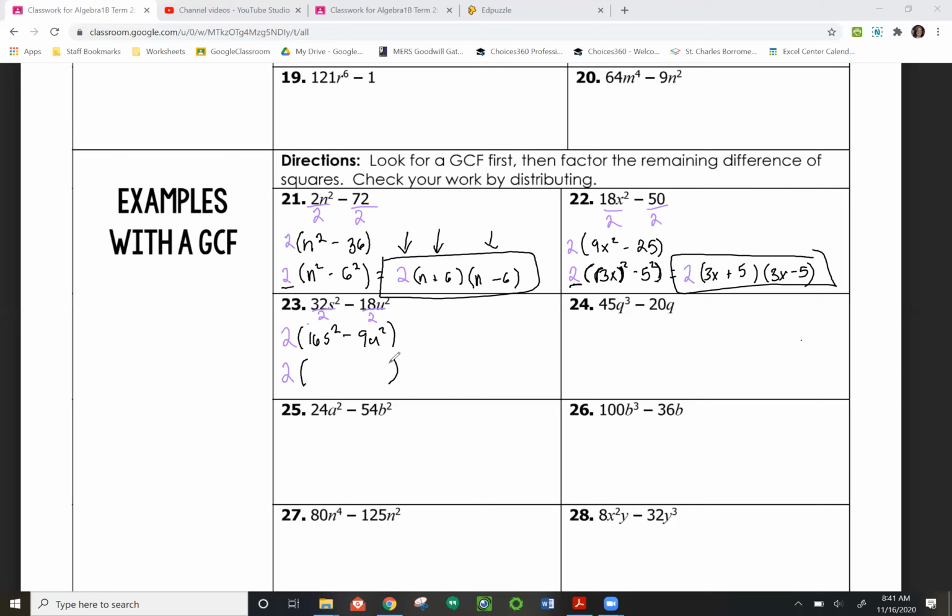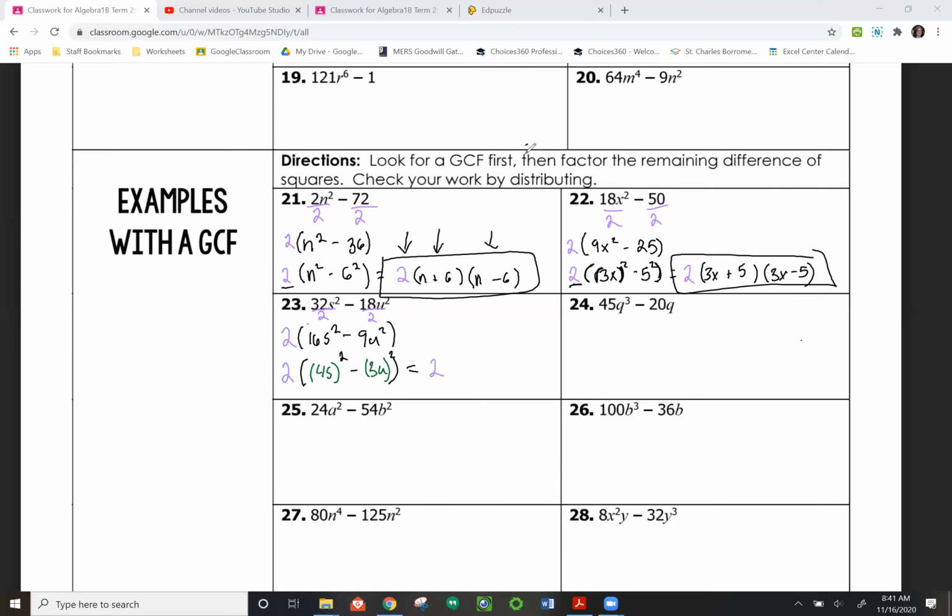Okay, so maybe I'll do a little color coding. The first one is, what's my first one going to be? 4s squared minus, what's my second one? My second one's going to be 3u squared. Okay, so sometimes colors can help us keep track of all that. Okay, so this is going to be the same thing as saying